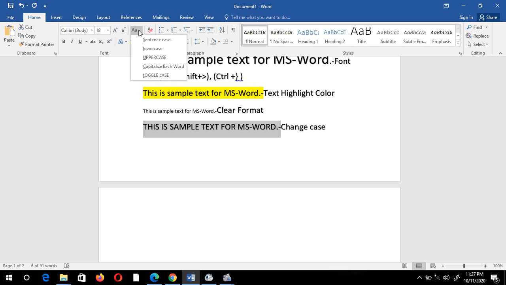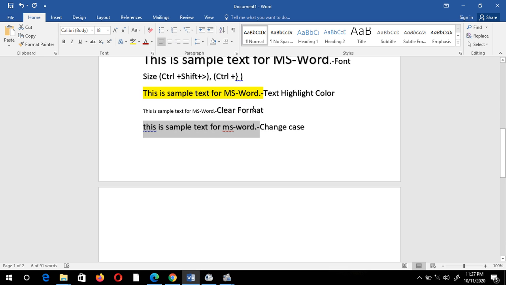Now suppose I want to change to lowercase. Now you can see the entire text is in lowercase. Sentence case. This is capitalize each word. Now see the last one, toggle case. This is very interesting.